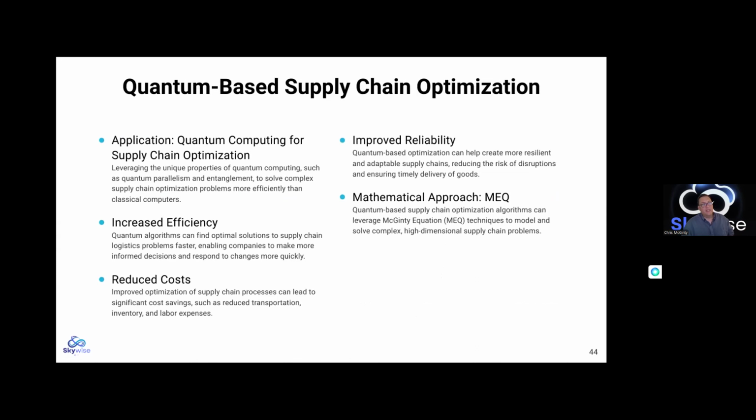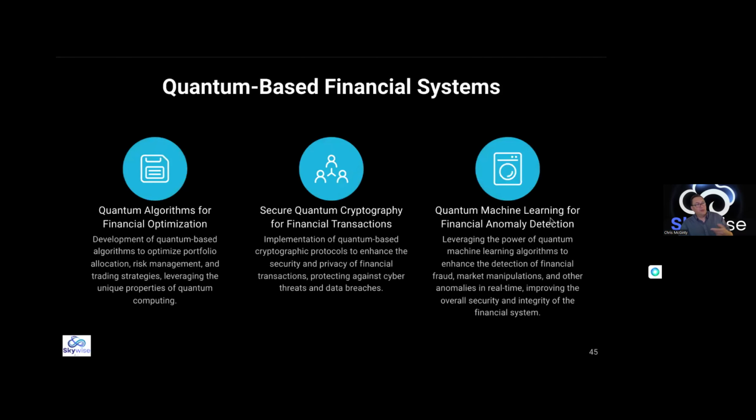It could be finance, it could be healthcare, it can be any of those, but really any complex system, this tool will work well with. Supply chain optimization. I talked about financial systems. We can do anomaly detection, financial optimization. That's something that people, once they figure out how we're doing that, they're going to be all over it. But it's just a matter of, again, finding the right resources, the right people, and teaching and educating people honestly about what this is and how to use it.